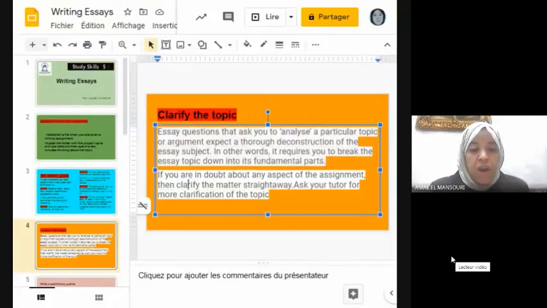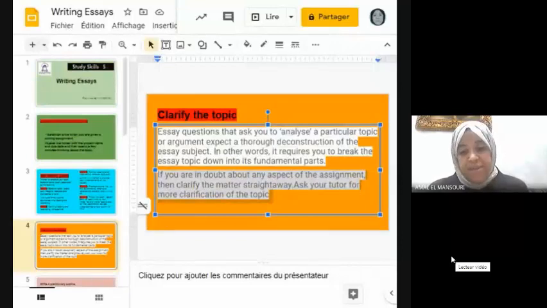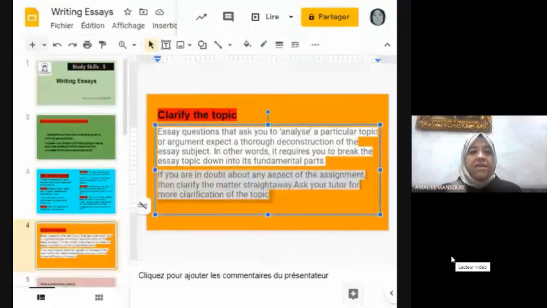If you are in doubt about any aspect of the assignment, then clarify the matter straightaway. Ask your tutor for more clarification of the topic. Sometimes students think that they understood the topic.